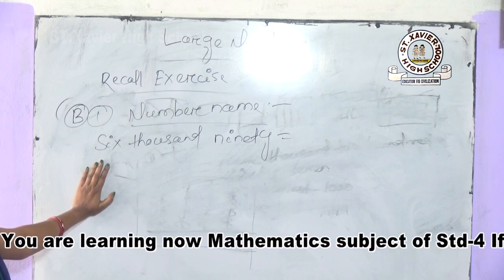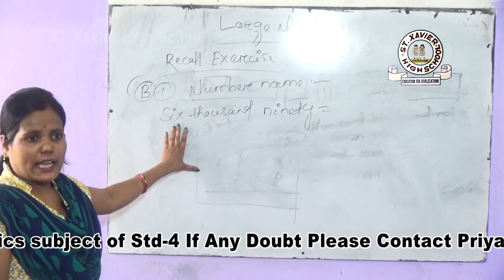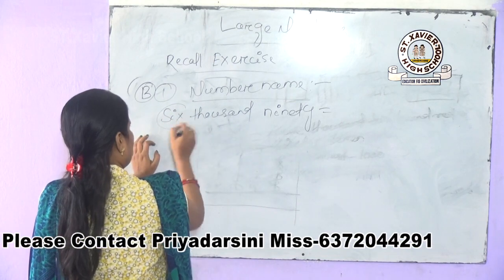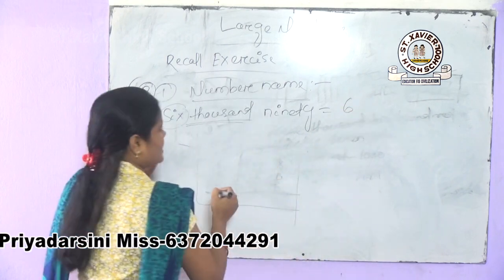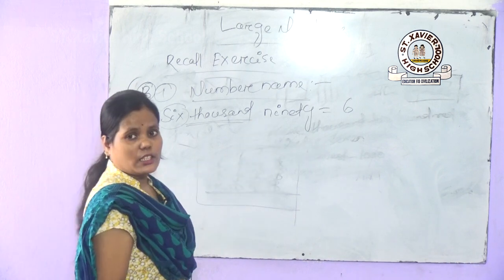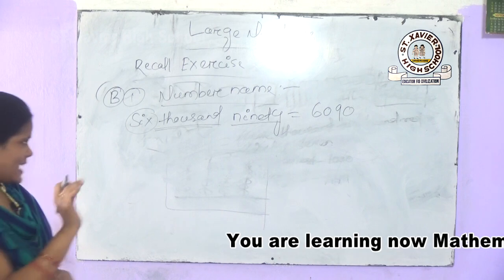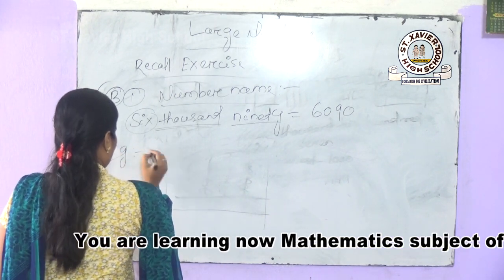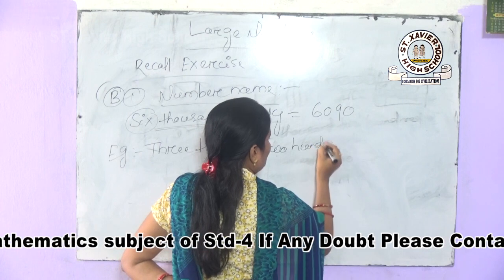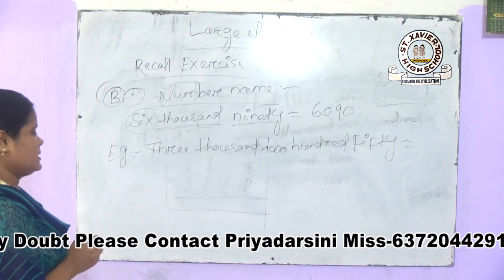This is given to you in words, and we will write it in figures. This question is given in words, and we will write it in numbers. So 6090, 6 is in your 1000 place. 6090. Here in the 100 place there is nothing, so there is nothing in the 100 place, so 0 comes in the 100 place, then 90. 6090. So like this, I will take another example here. 3250. So how can we write this number?